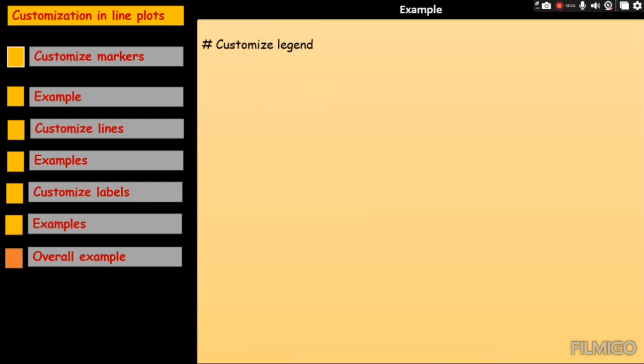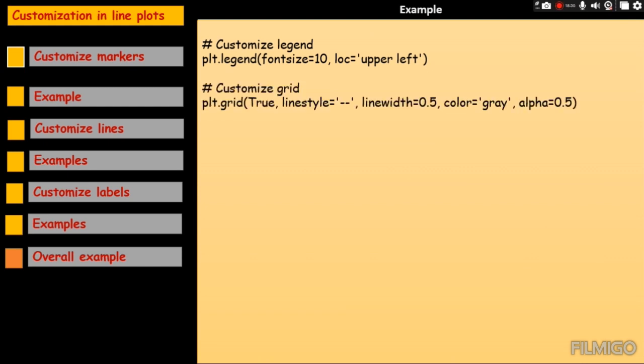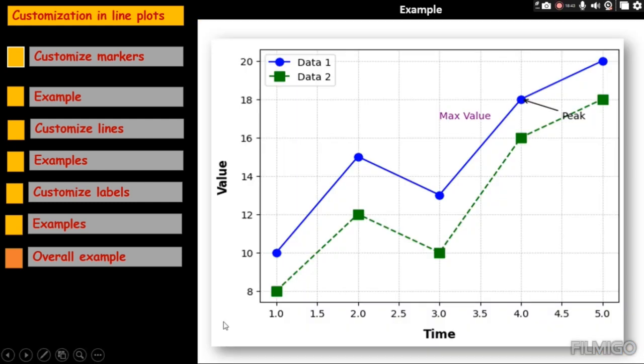Customize legend: plt.legend(fontsize=10, loc='upper left'). Customize grid: plt.grid(True, linestyle='--', linewidth=0.5, color='gray', alpha=0.5). Show plot: plt.show. Explanation: we have two sets of data plotted on the same graph with different markers, lines,